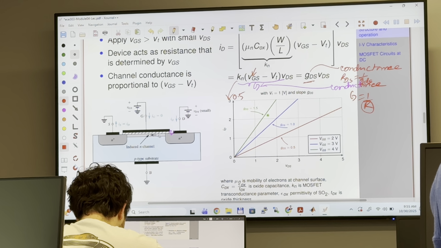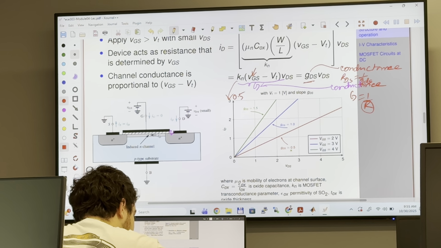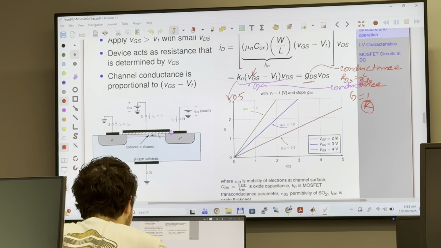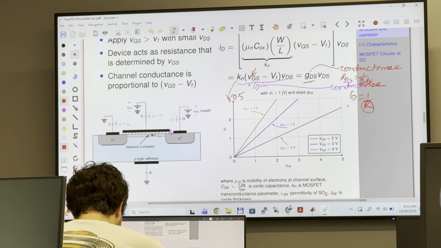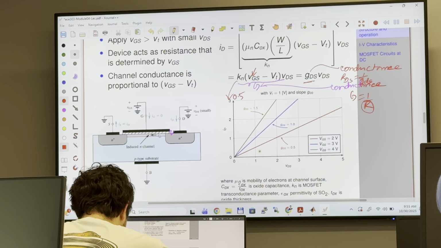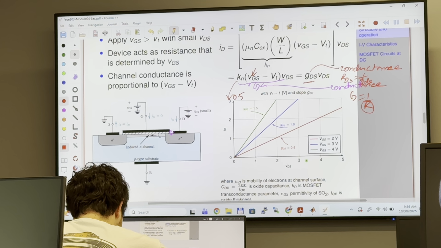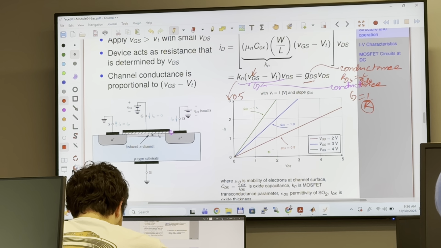Here, resistance is controlled using VGS. When VGS equals 2 volt, you see the current and voltage VDS relationship as such. If VGS is more, you get more current for less voltage. As you see, VGS equals 4 volt, you have more current for less voltage. Okay? So as you increase VGS,